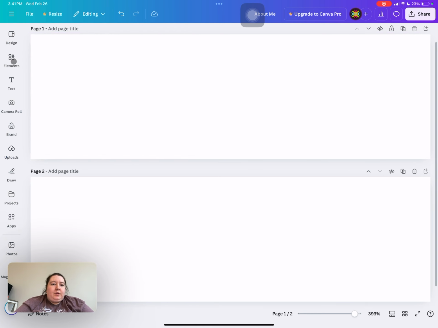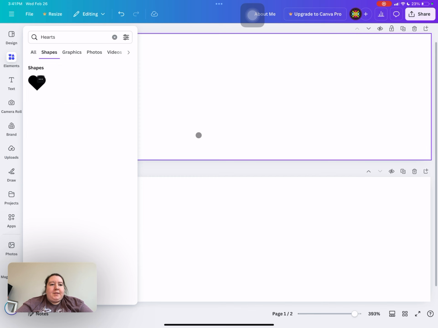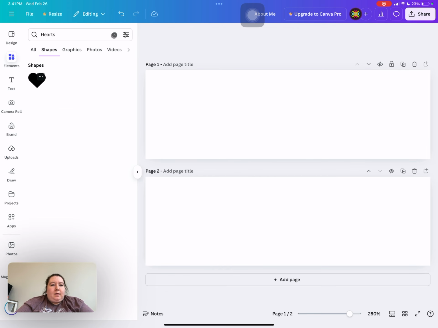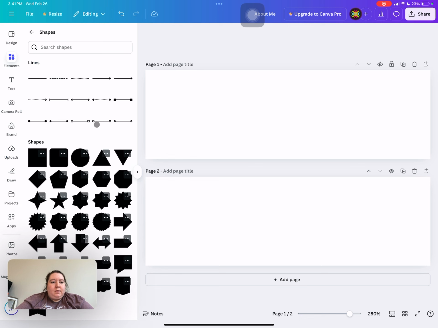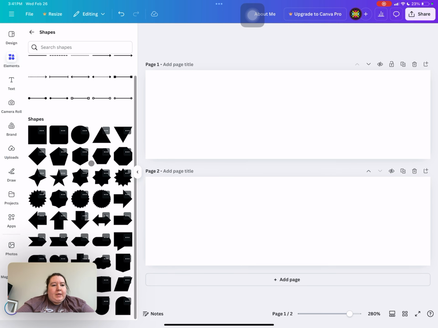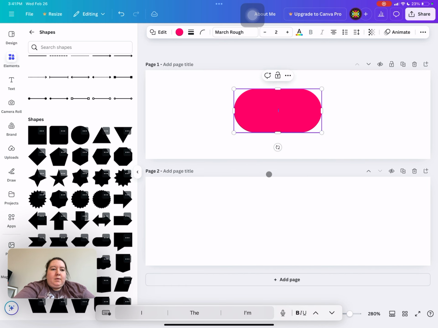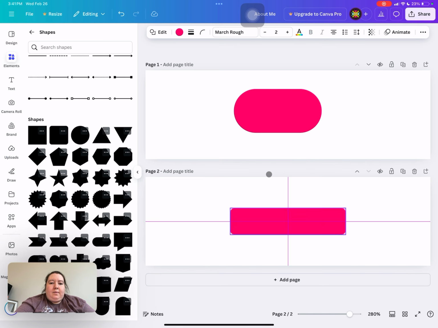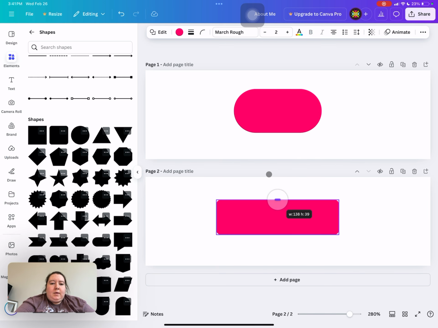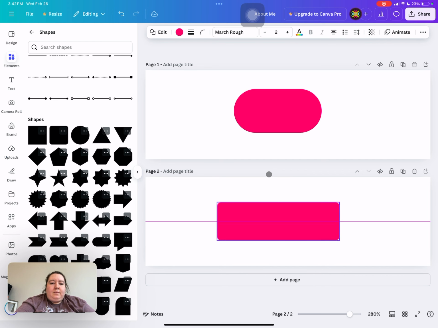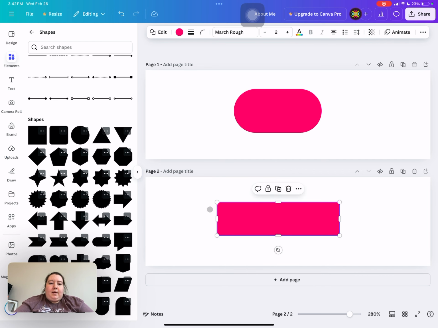So basically you just go to elements and you go to shapes, and you will see all the different shapes that you can choose, but mainly people stick to this one, or they stick to the square. You can also have them made customized for you. There's tons on Creative Market and Etsy and all those different places, but if you want to make your own for free,